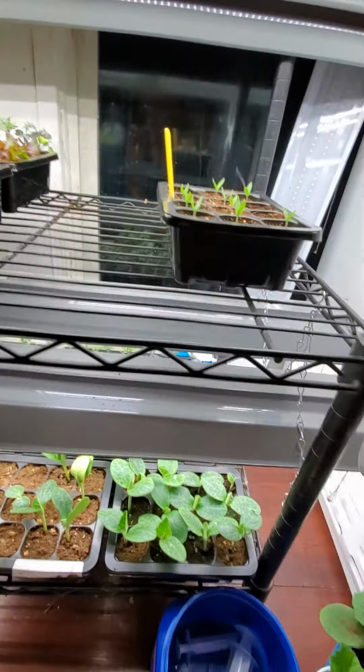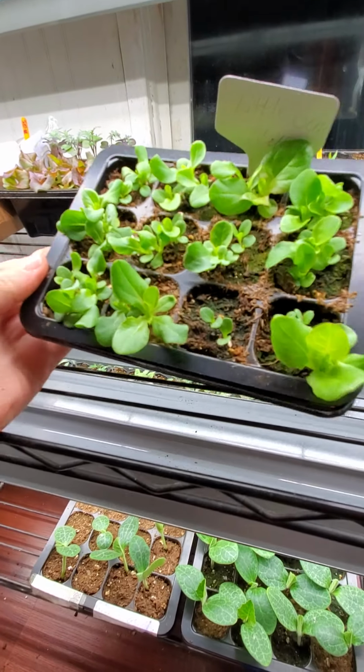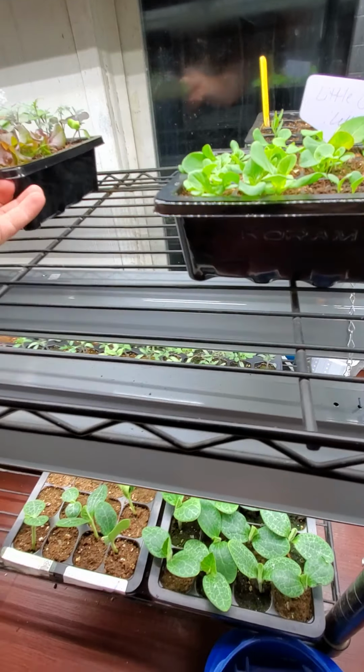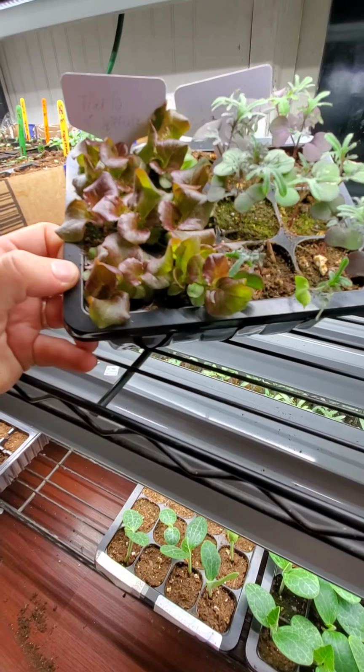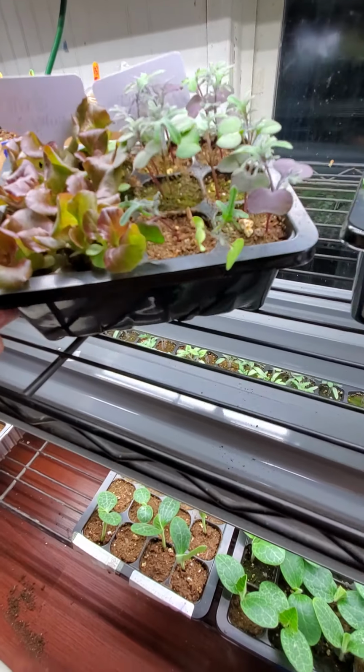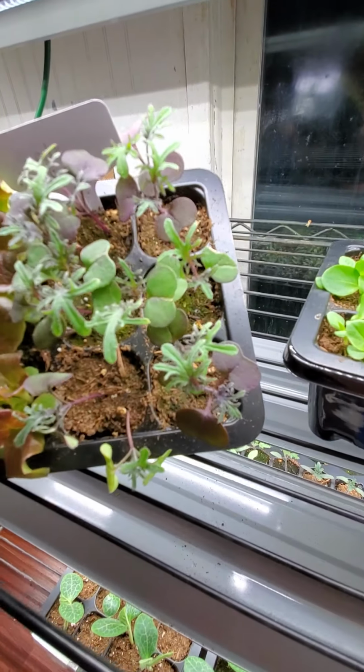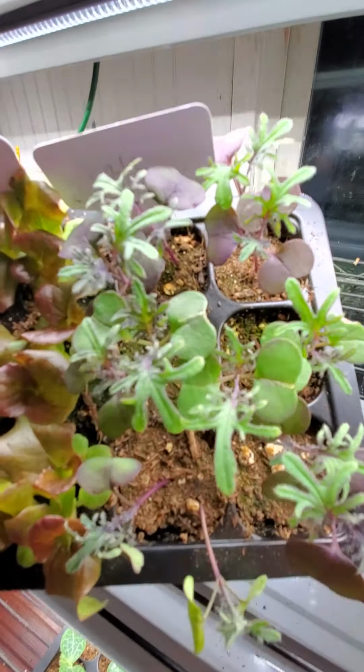Okay. Look at our lettuce. Ta-da! It's really thirsty because we did not water today. Yep. And then here's our red lettuce. And then our kale. Look at his little kale leaves. They're all coming in. I'm getting all kale-y. They're really pokey looking little leaves. And then